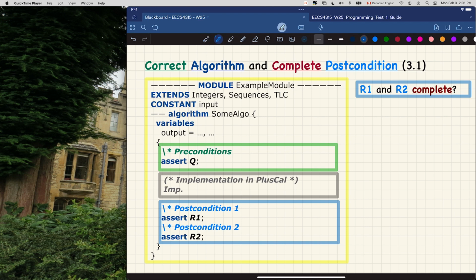So here, just in general, we're not even talking about binary search. Let's say we've got R1 and R2, two post conditions separately. Well, it could be 3, it can be 4, can be just 1, an arbitrary number. When we say these 2 are considered the complete set of post conditions, what do we really mean? We mean the following. That means these are complete if